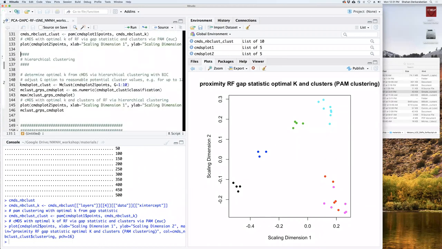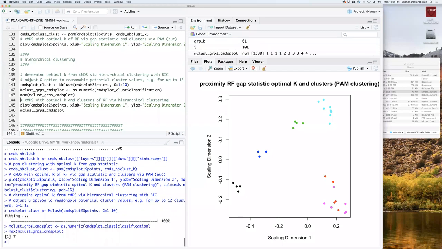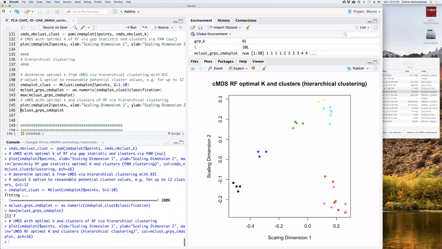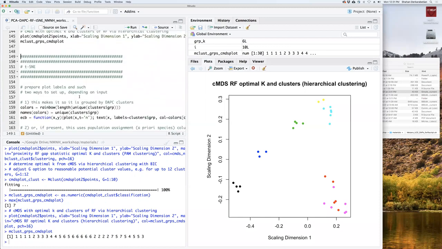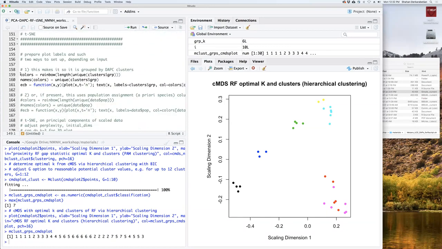Hierarchical clustering, another form of clustering. You specify your K values here. I just do 10 to keep it simple. This one picks 7, so we get our variation. And when we plot those clusters, it splits one of them in 2. That's fine. Okay, on to t-SNE. So I'm moving quick. I want to make sure I get to VAEs, which are objectively way cooler.